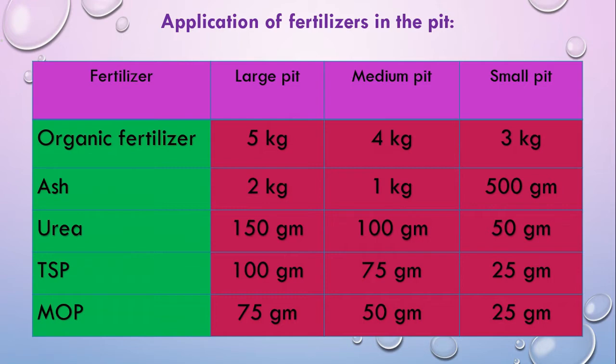And we apply the fertilizer about 10 to 15 days before planting the seedlings. Mix all the fertilizer except urea with the soil, and then put it in the pit, and the urea